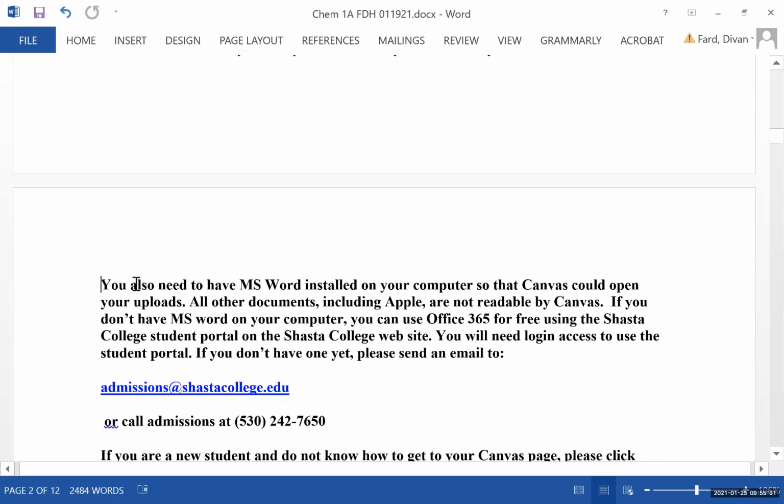You know that if you don't write your lab report in MS Word, Canvas cannot read it. We had many cases like that, where people got 0 on the lab report simply because I couldn't read it, since it wasn't Microsoft Word. So how do you do that? If you don't own Microsoft